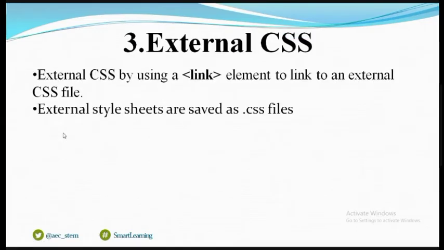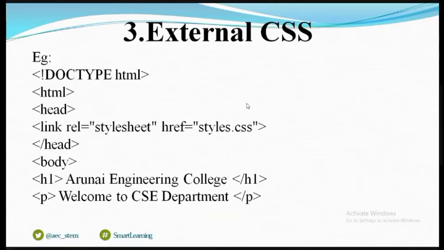Next, external style sheets. So what does the external style sheet mean? Once we give our style in a separate notepad and save that notepad as CSS, through the link tag we just call that CSS file, and the style will be applied to our web page. So the main advantage of external cascading style sheets is that once we create the CSS rule, it can be applied to multiple pages through our link tag. This is the external cascading style sheets.